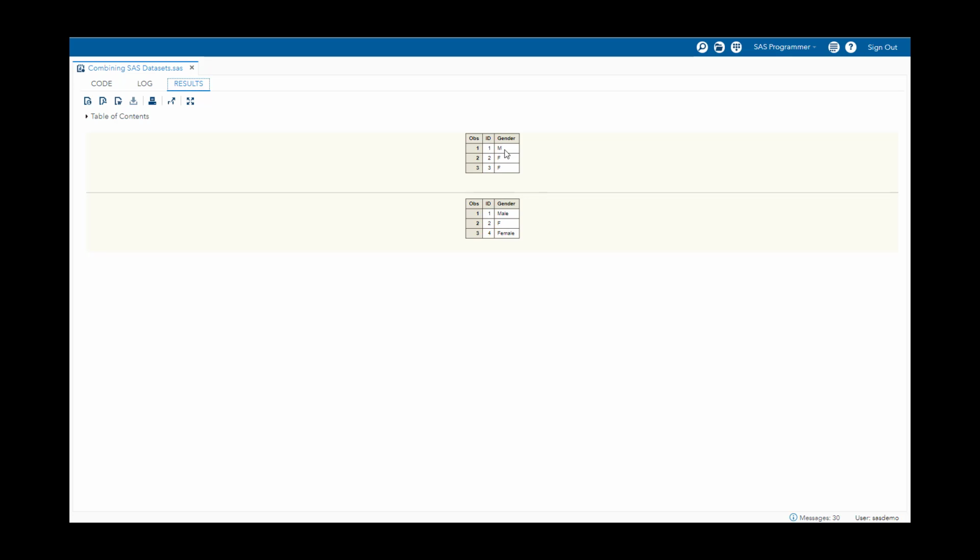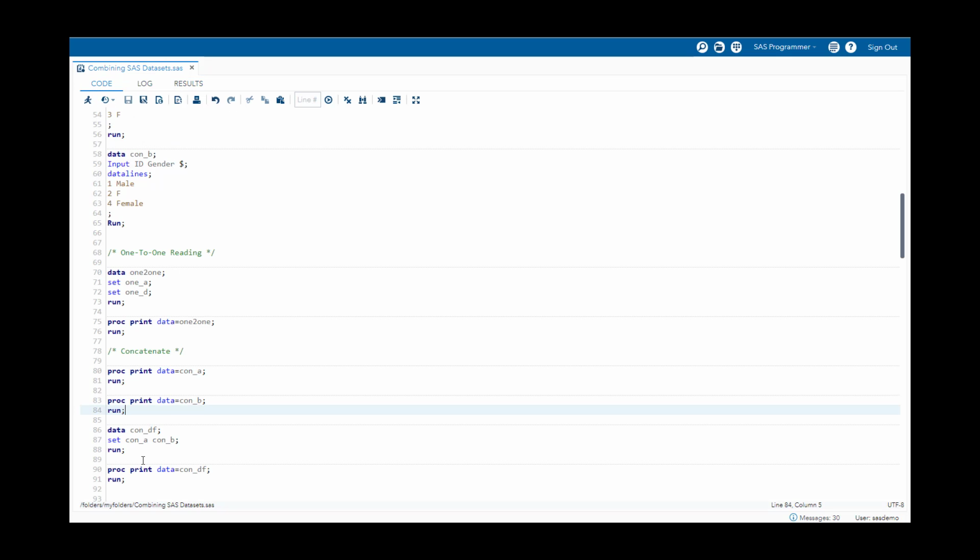So you can see here ID, gender, and this is the second one, con underscore B with ID 1 female, 1 male, 2 F, and 4 female. Okay, now to concatenate two datasets or append two datasets, instead of writing one-to-one reading code,